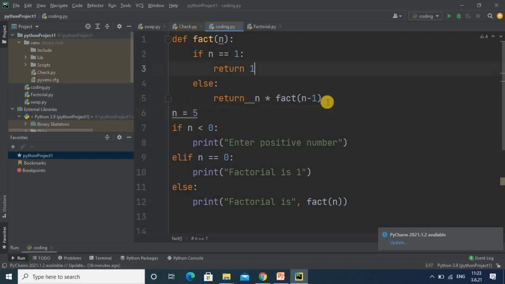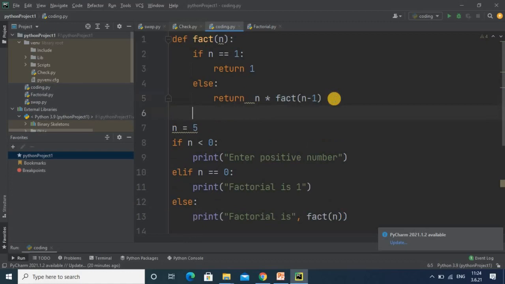So what happens exactly: suppose the number is 1, so it will return 1, and this value is collected by the output statement and it will show you 1. So up to here you don't have confusion. But if the value is suppose 5, then it is not equal to 1, got it? So it will execute the else part. Here I am taking the help of a comment for the explanation. The n value is 5, that you already know, and then multiplication by fact of n minus 1.